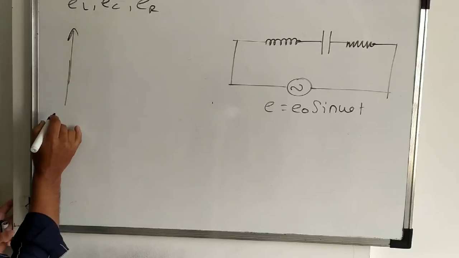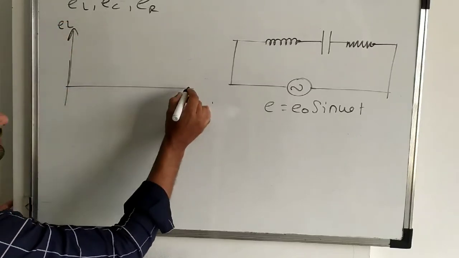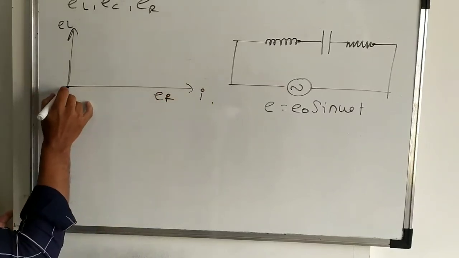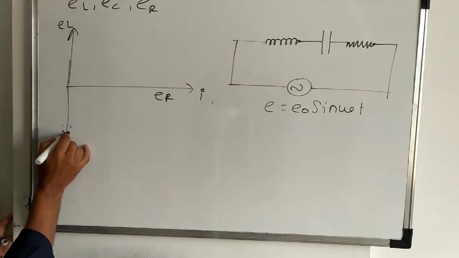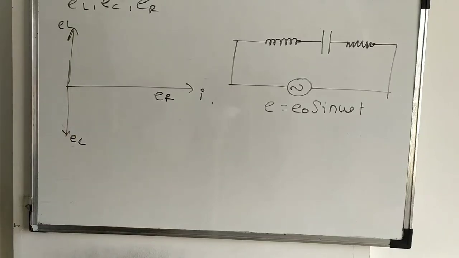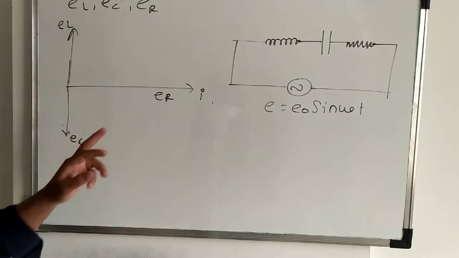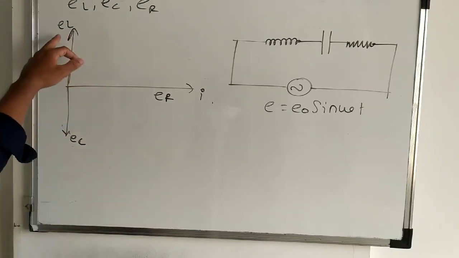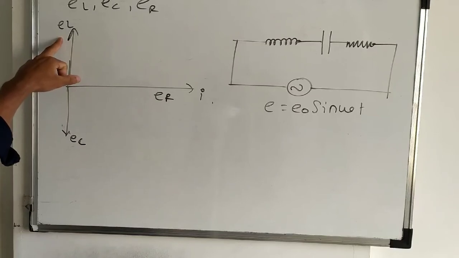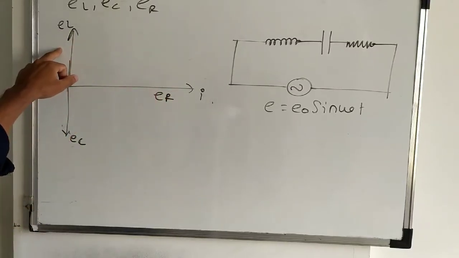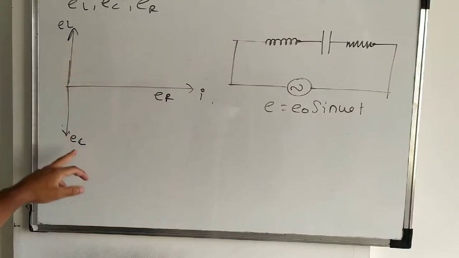The graph for it we can plot as EL, here I or ER is also on the same axis, but EC is towards the down. Now what is the reason why only the EL is towards the positive side and why the EC is downward, and why ER and I are on the same axis X? Because the RMS value of the EMF for inductor leads the current by 90 degree. So we have plotted it along the positive Y axis.